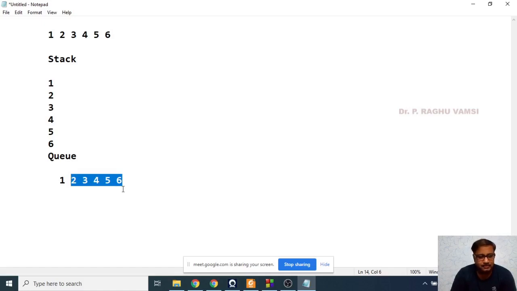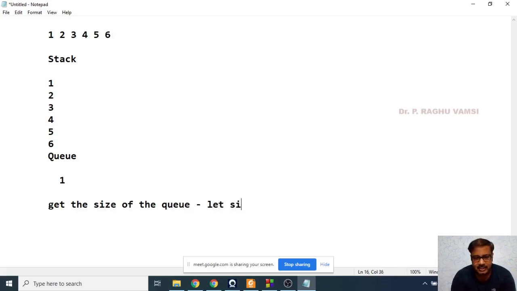Now once you insert the element into the queue, you have to take care of the size of the queue. Get the size of the queue. Let the size be S. Then dequeue, in the sense of deleting, S elements from the queue.